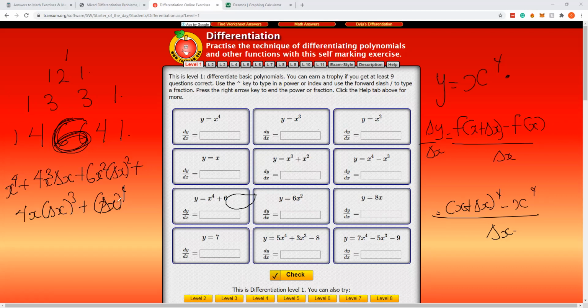Okay, so this is what we have, minus x to the power 4. Let's just put minus x to the power 4 here. So we're going to cancel. We're left with, sorry, my pen is acting up. All right, let me erase this part. So we're left with,